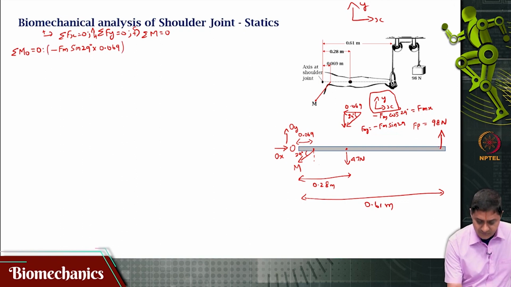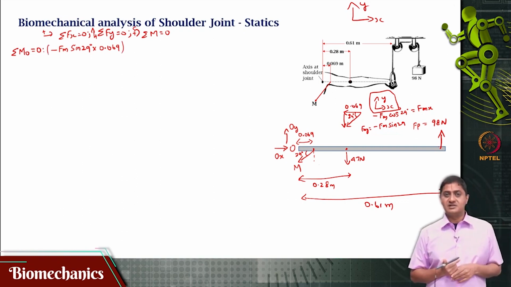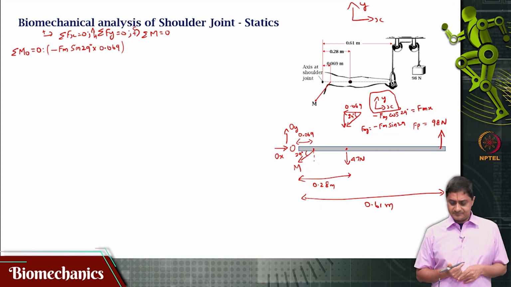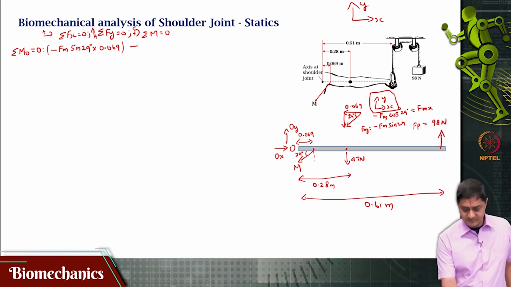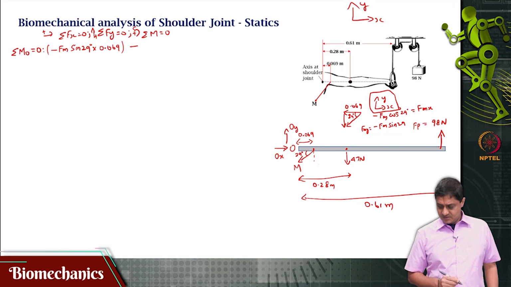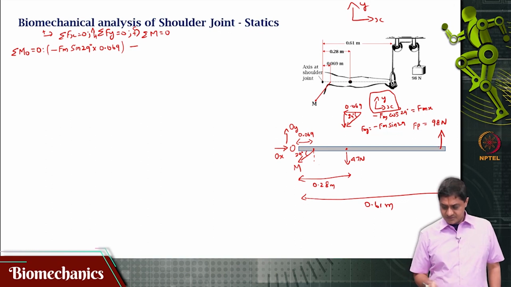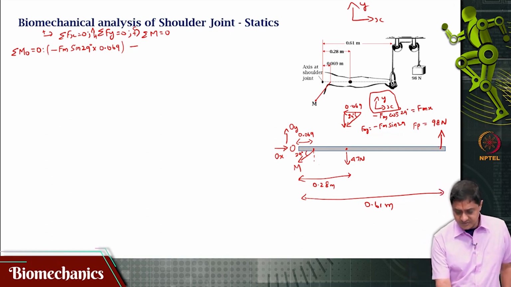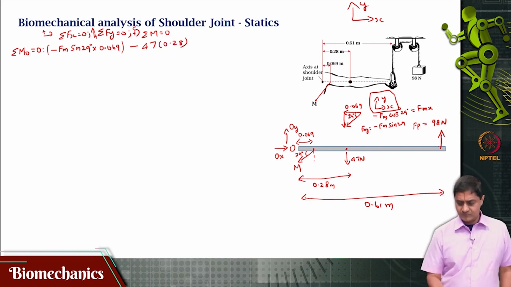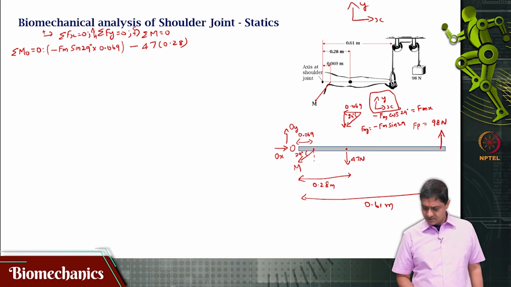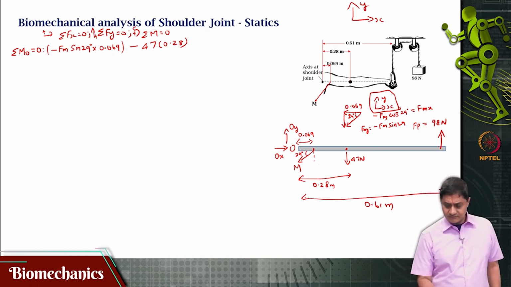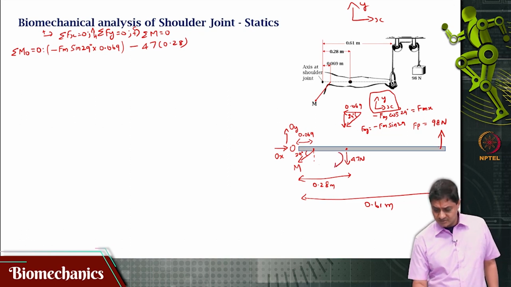0.069, that is the moment that is caused by this vertical component, right, minus anything else. Of course, there is the 47 Newton, minus 47 times that distance, 0.28, and that will also cause a clockwise moment, is it not? This will cause that kind of a moment,